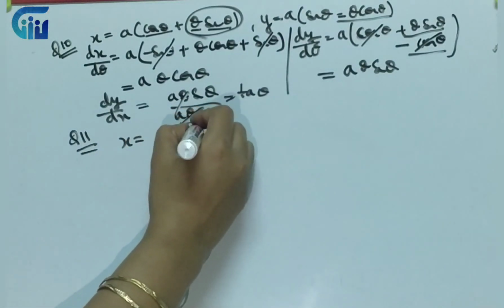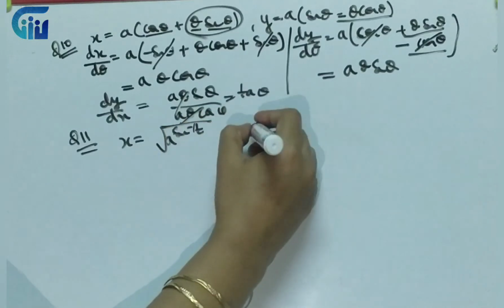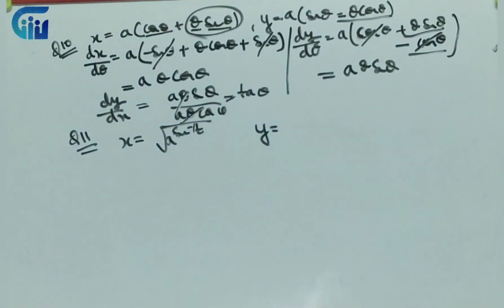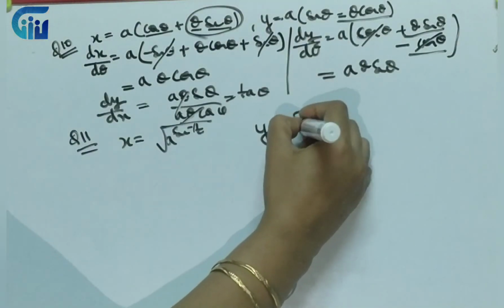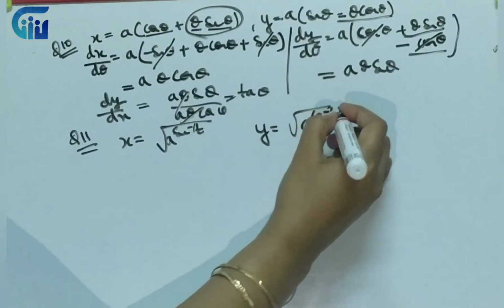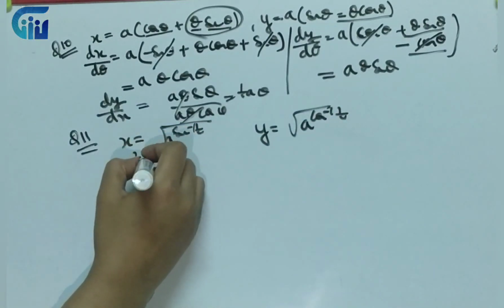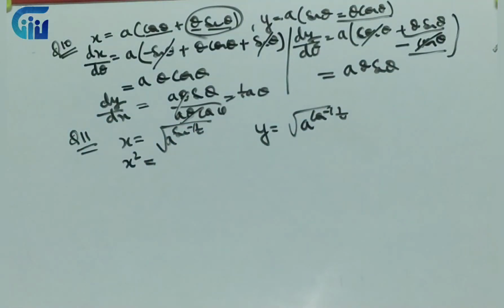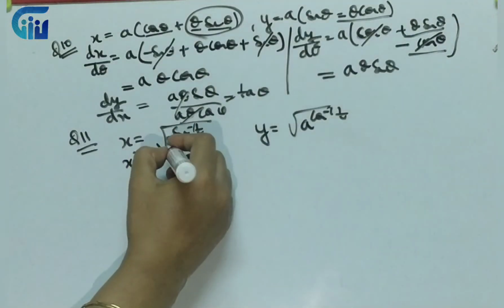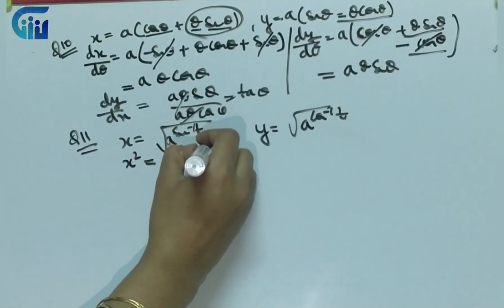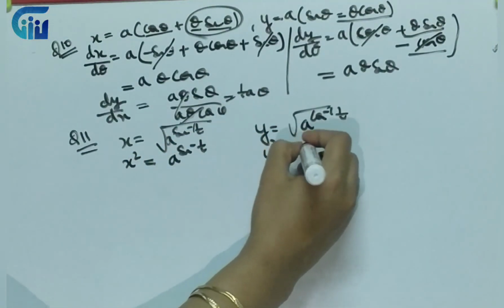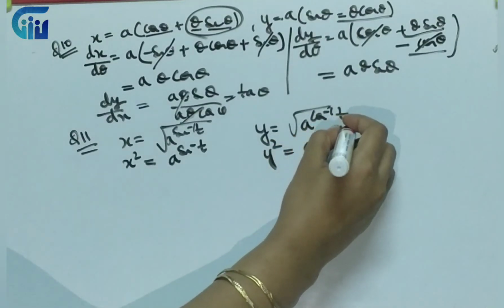This question has come in exam a couple of times, so make a note of it. Very important question. So this is x is equal to a sine inverse t, whole power square root, and similarly y is equal to a cos inverse t. So what we will do, I really love this particular method. I'll just write, squaring both the sides, so it will be x square is a sine inverse t, and over here also y square is a cos inverse t.